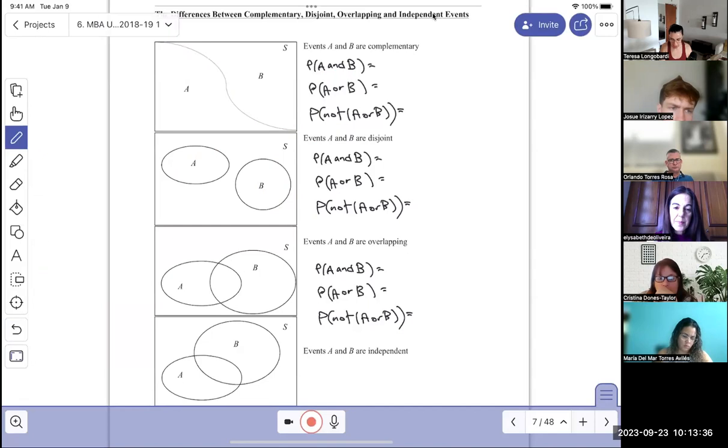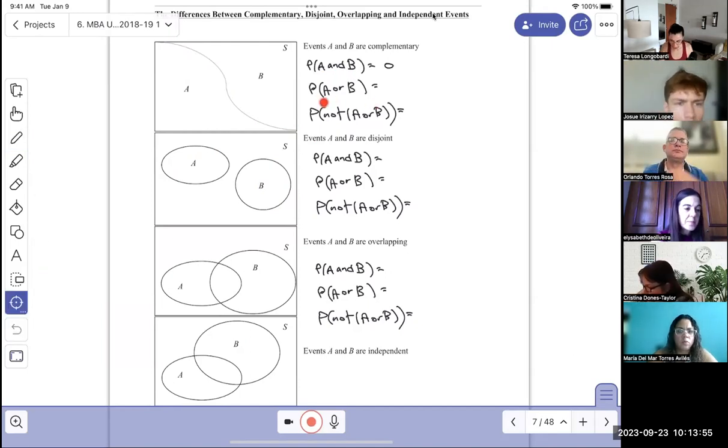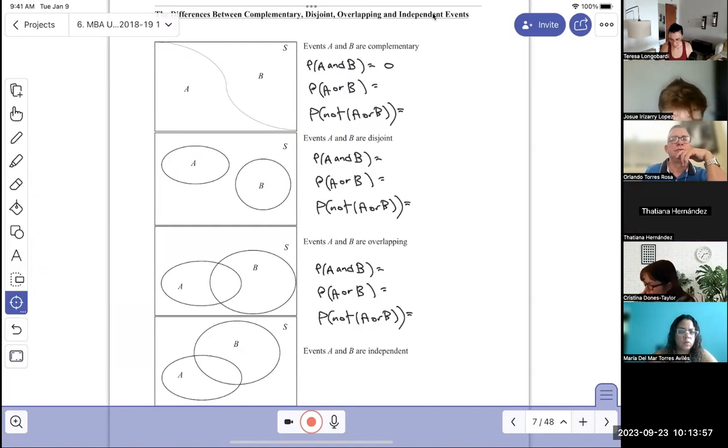So I'm going to go through these and then I'm going to refer back, because I go slowly in the video. So let's just go through these. If you say never, never translates into 0 probability for that one. What about A or B for this one? 100, always. Right, exactly. It's always 100% or 1